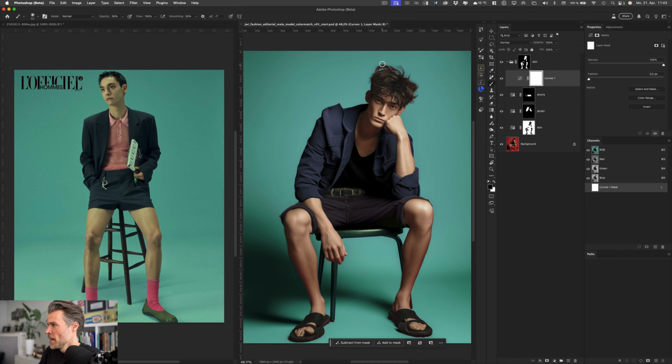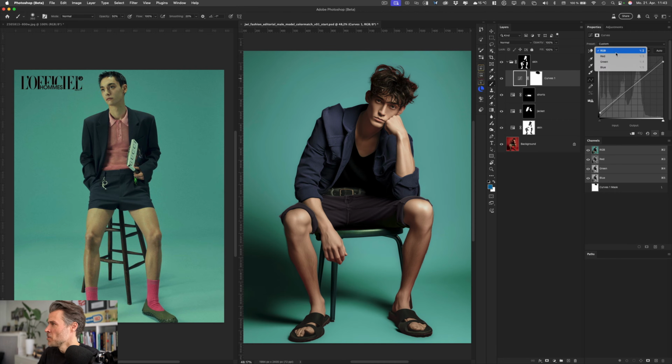Let's exclude the hair by painting with black into the mask. So we actually keep the hair. Just the skin is going to be a bit different. And now we want to change the color. So what do we need to do? We need some yellow. And we need some green. Not so much, maybe. Let's go in steps. And now,